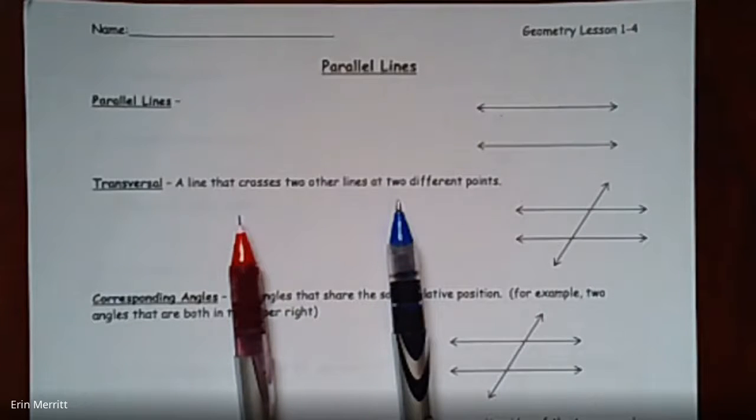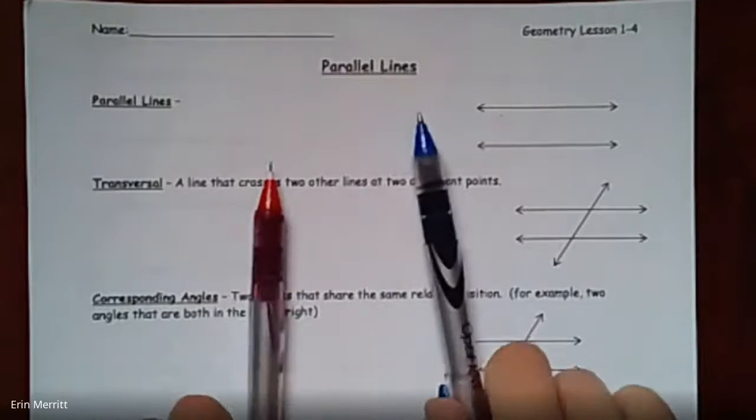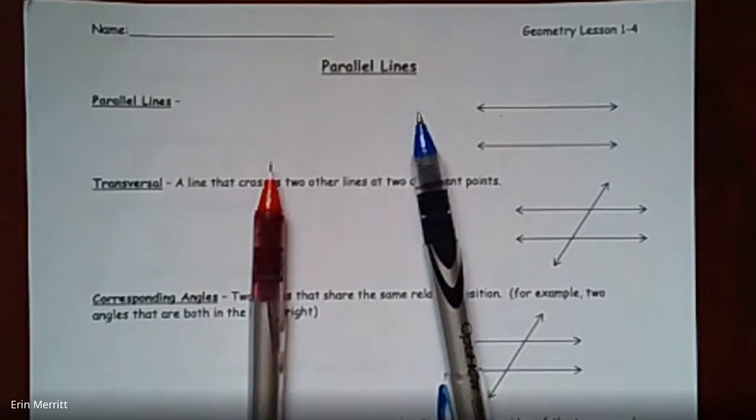Hi guys, it's day 1-4 for geometry, which is a lesson all about parallel lines. It will be very helpful to have maybe some different colored pens or pencils or a highlighter or something, just to be able to mark some things that are going on here. Right? Before we can jump into the types of angles we have to talk about